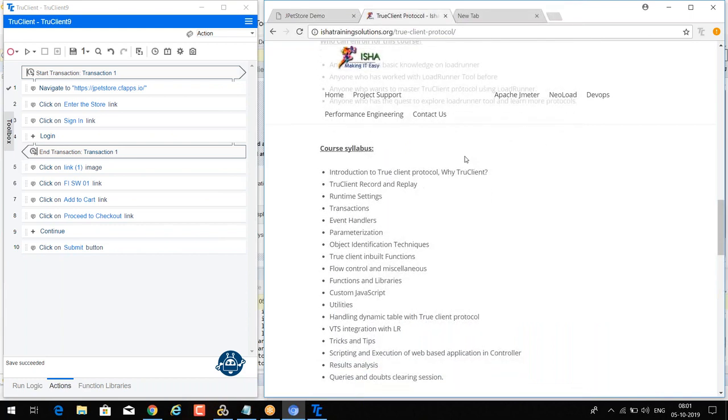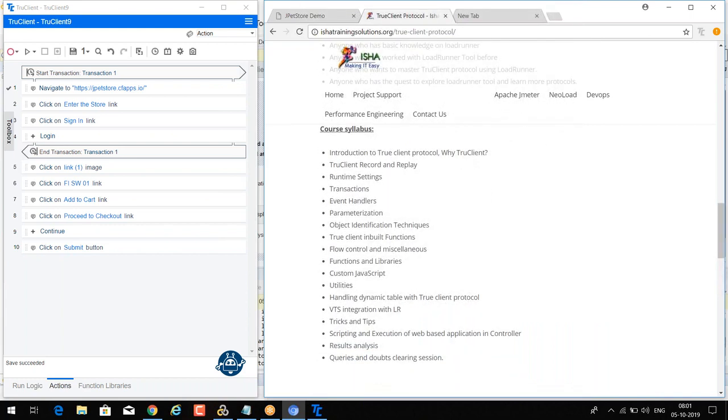So now it was just introductions, right? We have just discussed the TrueClient view, like how we can open the user mode, how we can open the developer mode, and what the advantages and disadvantages of the TrueClient protocols are. Now we can discuss in more detail the object ID, then record and replay, runtime settings, transactions, event handlers, parameterizations, object identification techniques, TrueClient inbuilt functions, flow control and miscellaneous, then libraries, then custom JavaScript.